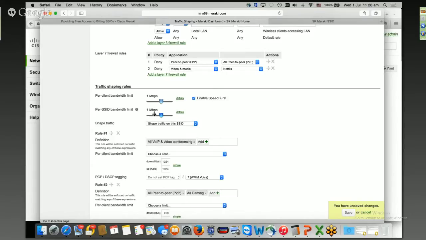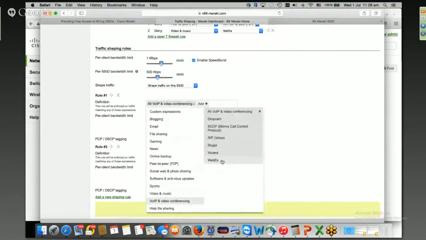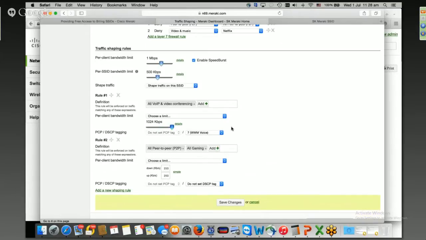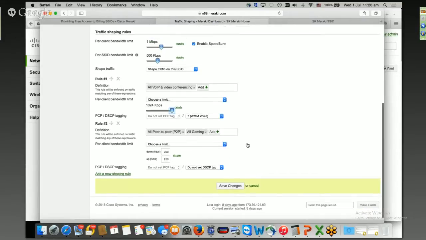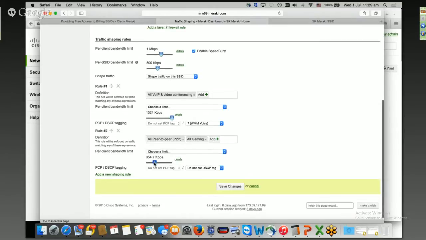You can specify different SSIDs, and you can do traffic shaping. So herein, what I've done is I've specified the VoIP traffic. I want higher quality of service, so I've given voice priority to it, and I can specify higher bandwidth also. For traffic which is non-essential, like peer-to-peer traffic and gaming traffic, because it could be a hotel environment where you cannot really stop people from going to the gaming sites or to Netflix, we can specify a lower bandwidth, let's say 500 kbps or maybe 200